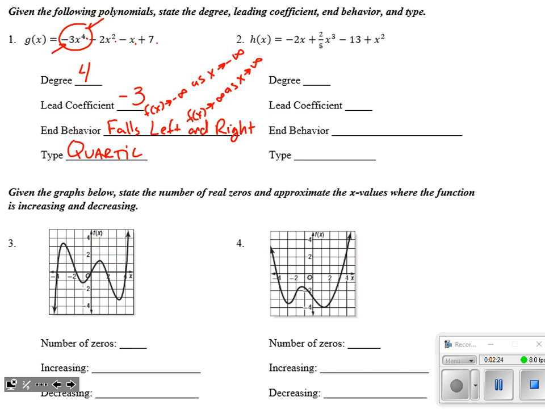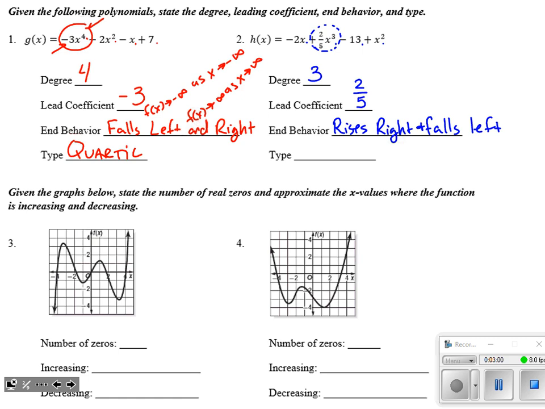And we're done with problem 1, mostly identifying using our vocabulary. Little warning as we look at problem 2, quick scan of the exponents. I got first power, third power, a constant, and then x squared. It's not in standard form. So the leading term should be this positive 2/5 x cubed. That's the term with the highest exponent on x. That's indicating that it's a third degree with a lead coefficient of 2/5. Its end behavior, because it's an odd degree with a positive leading coefficient, means that it rises to the right and falls to the left.